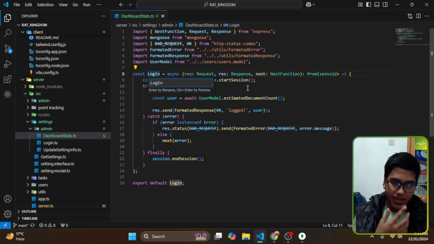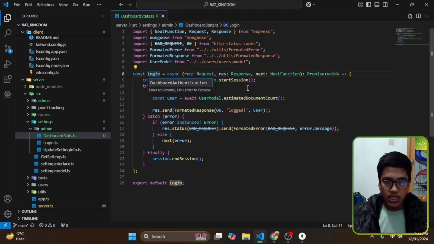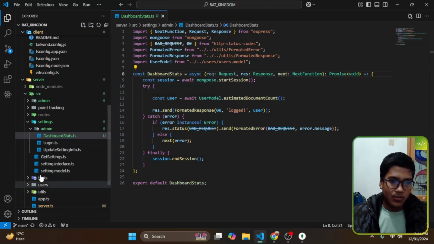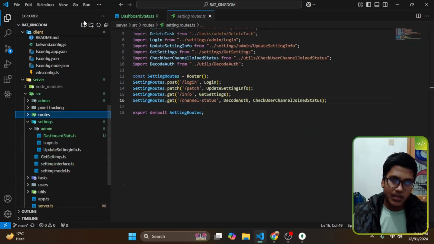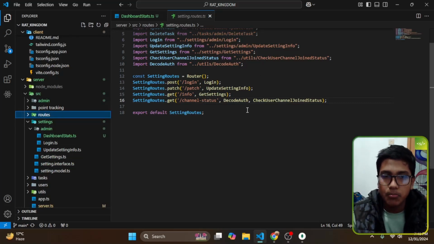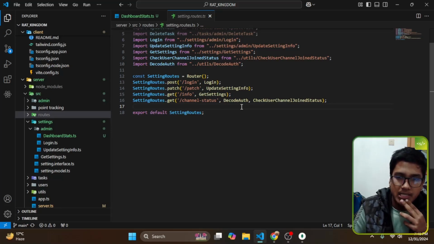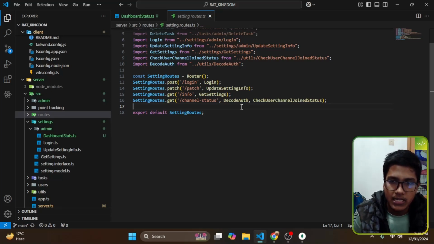I just need to change the function name, that is dashboard authentication. There is no authentication, buddy, there is statistic stats. Well, then I go on the routes, and there the setting, I can make something like, well, so here I need to make our API inside the setting routes, so that's something like